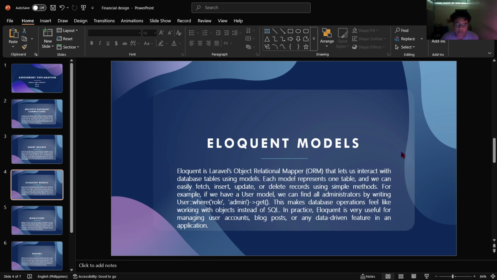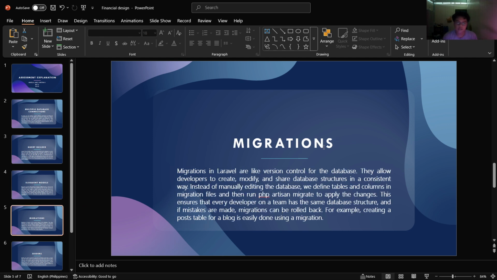This makes database operations feel like working with objects instead of SQL. In practice, Eloquent is very useful for managing user accounts, blog posts, or any data-driven feature in an application. So next,